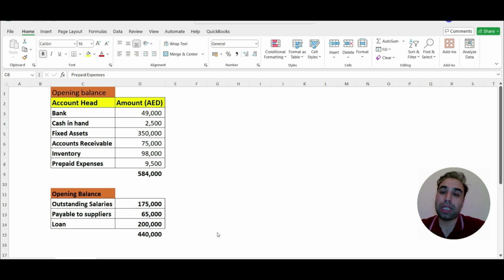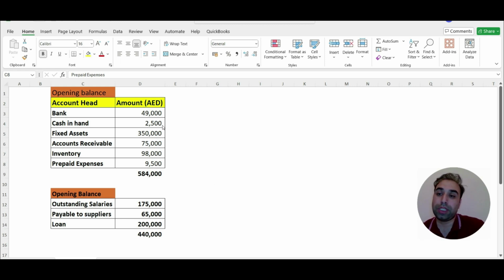However, sometimes we come across a situation in which we have only opening balances. Like it may be the first year you are posting all the entries to an ERP system, or you are in a situation in which you only know the opening balances. So let's understand it with the help of an example.